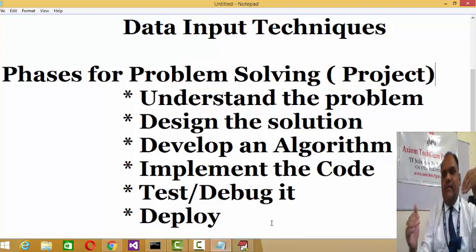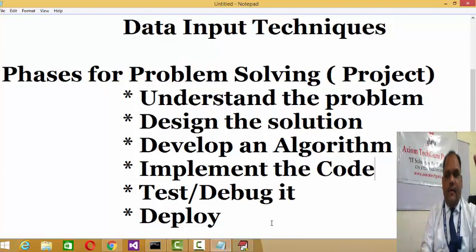Algorithm means algebraic rhythm. Algorithm is abbreviated from algebraic rhythm. So you have to build a sequence, right? Step number 1, step number 2, likewise from start to end you have to build a sequence. And while writing that algorithm, you have to use a generic language, meaning you should be able to code that sequence in any language. And then finally, whichever language you prefer, whether it's Java, .NET, C# or Android or whatever, you implement that code accordingly.